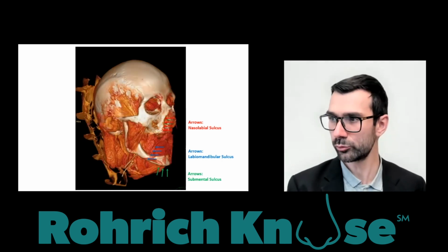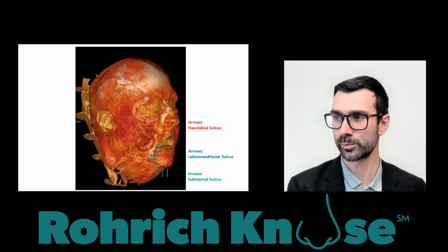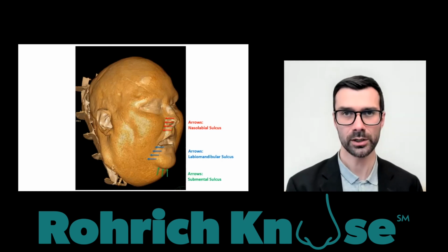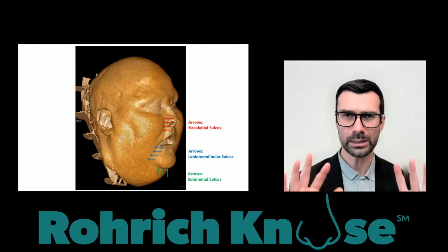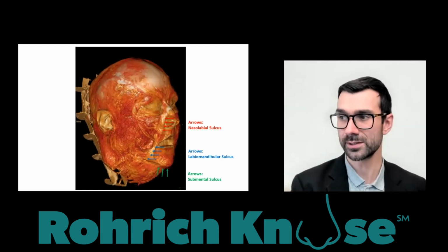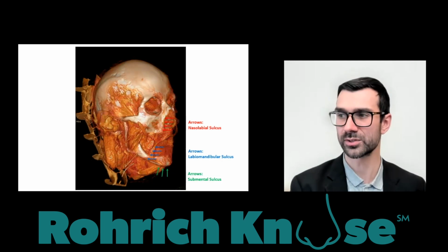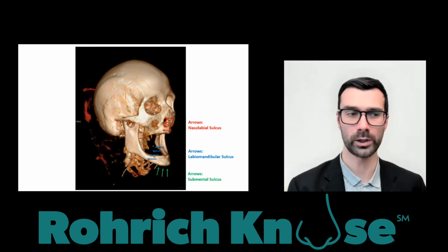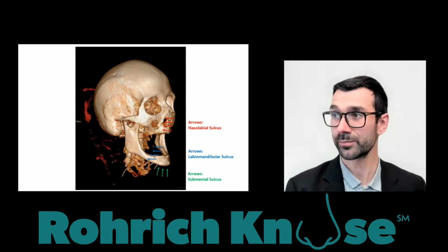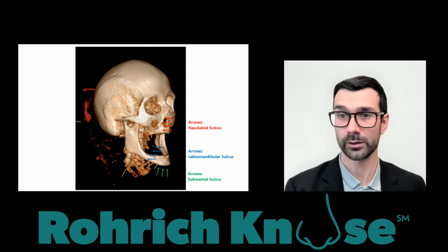And if we move backwards, we just put all of the soft tissues back, and this ends up again with the face how we see it. But as physicians, as plastic surgeons, you need to be able to look through the skin, almost like an X-ray beam view through the face to understand what lies below the skin. And this illustration here helps us to focus on what is important and to decode the respective structures, which I think is really crucial,